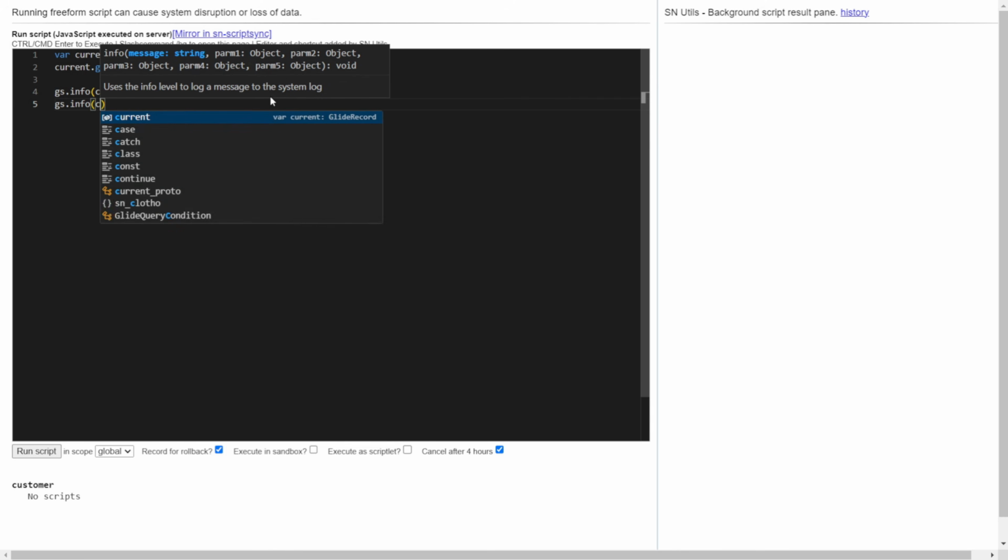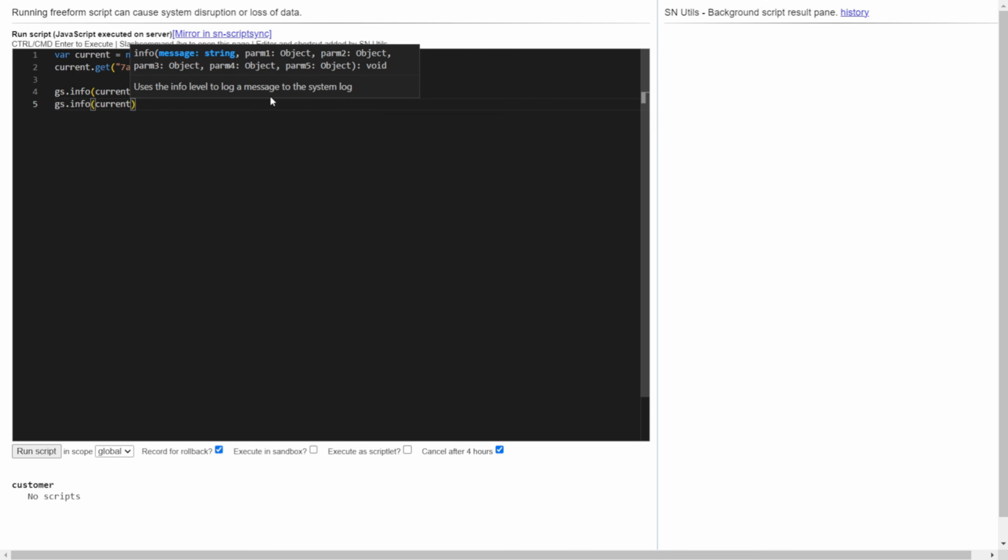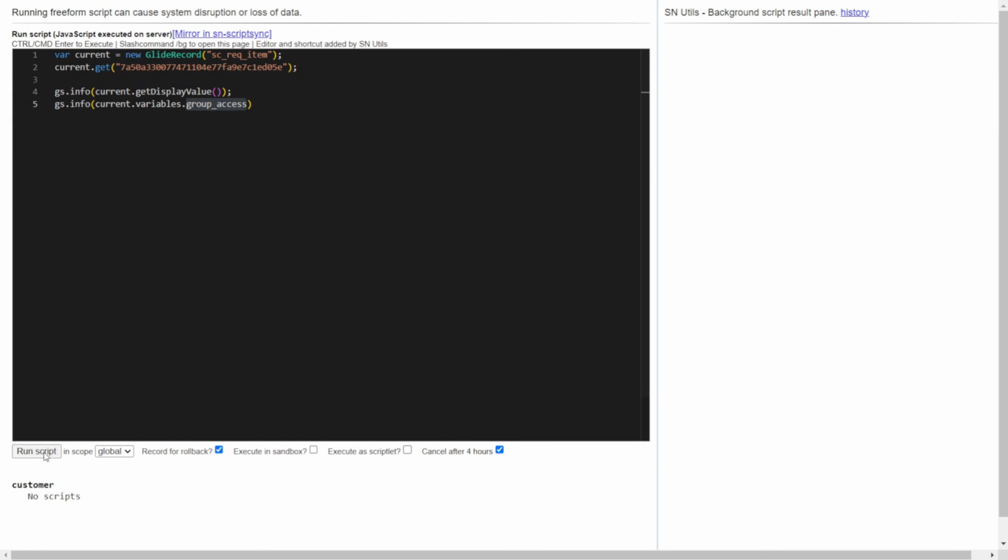So how we can get it will be current.variables. The way we get the variables, in a similar way we will get the MRVS also. It's variables only, right? Dot group_access. This is the backend name of the variable set. So if I run this out,